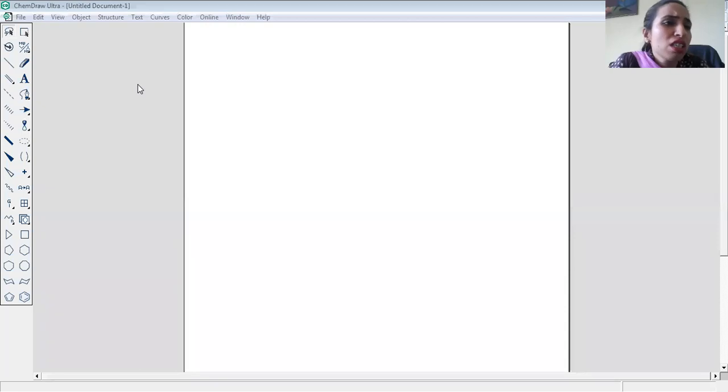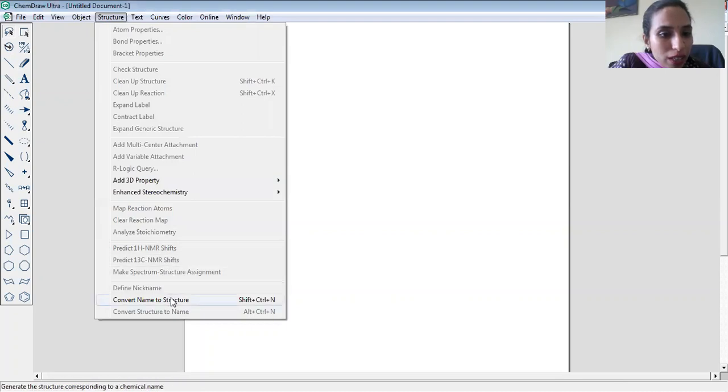For it, just go to this toolbar, which is visible to all. Fine. Just go there. Structure. Fine. Click it. Now this is visible. The other options are not highlighted. When they are highlighted, I'll let you know.